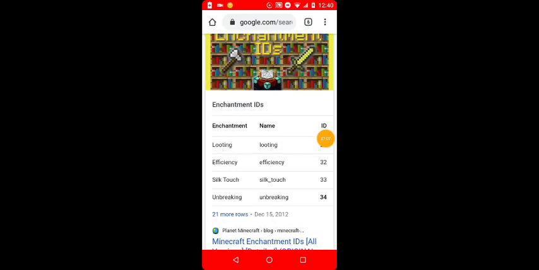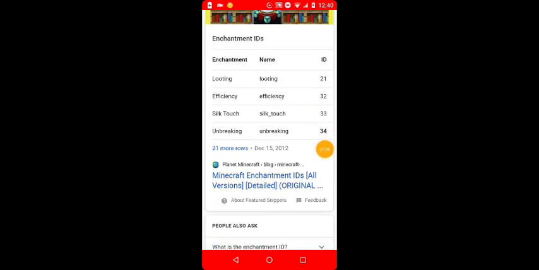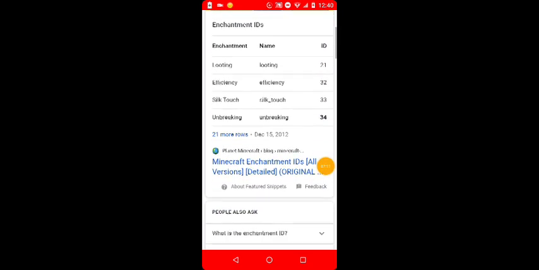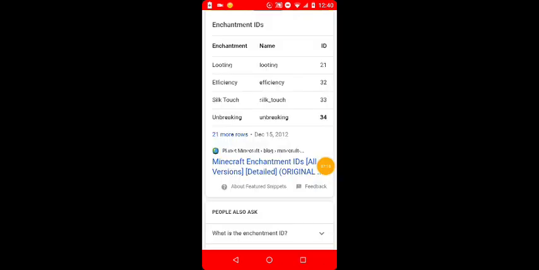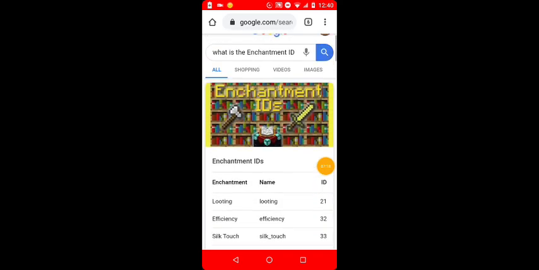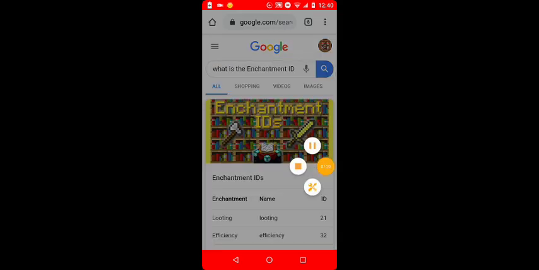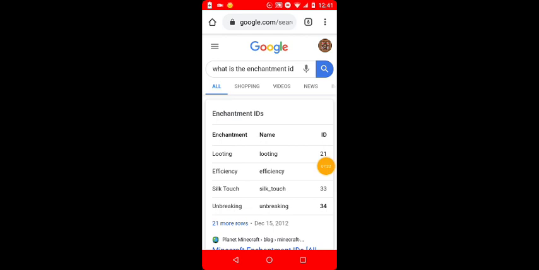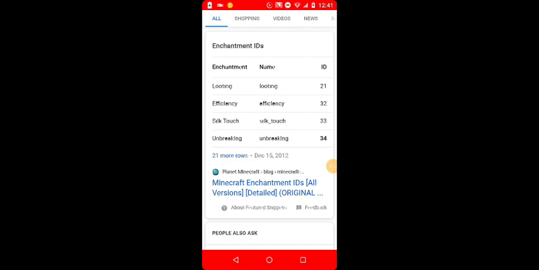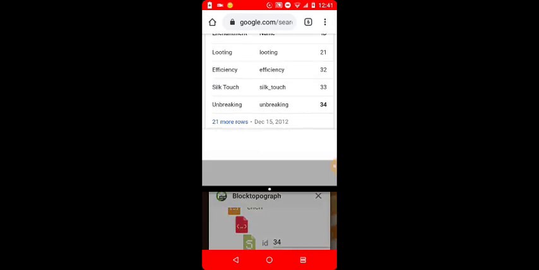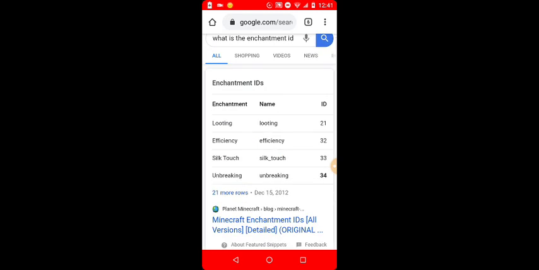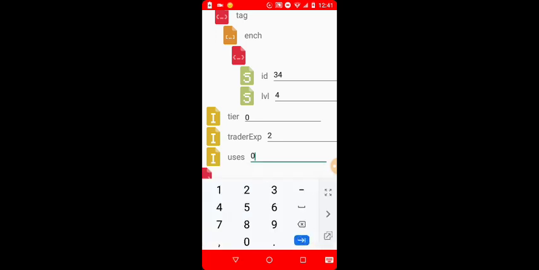So as you can see, enchantment level ID 34 is unbreaking. And so that doesn't make sense. Oh wait, I need pocket edition. So apparently it's unbreaking even in pocket edition. I don't understand that. But let's just say you want looting. 24 is the ID. So when I go back to your block topograph,